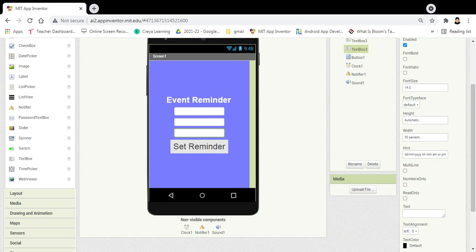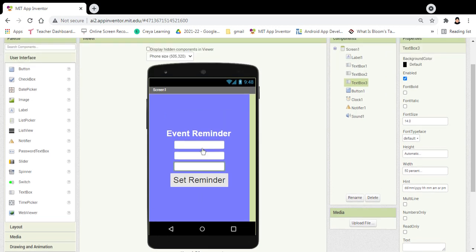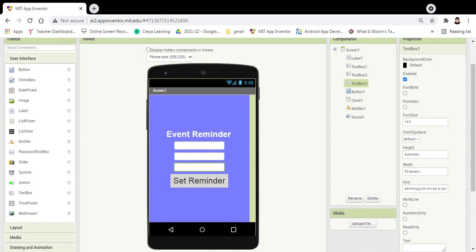when that time comes. For example, we have set a reminder for 10 a.m., so exactly at 10 a.m. it should go off. Okay, now we want the sound to work, we want the timing to work, we want it to show some message on top. So for that we need some